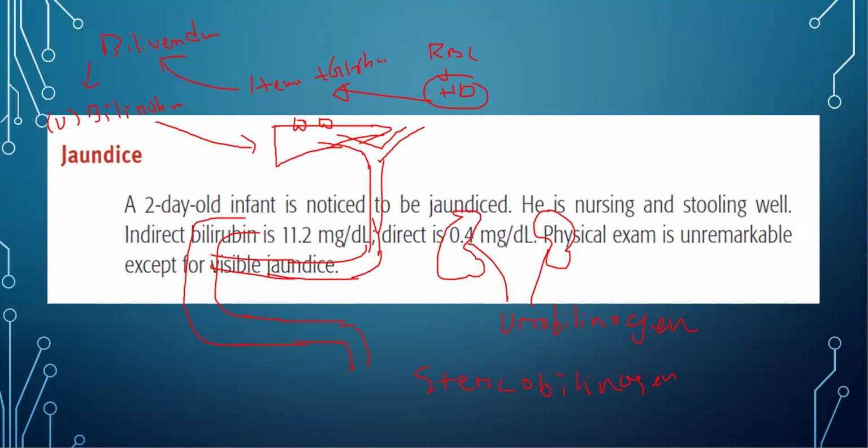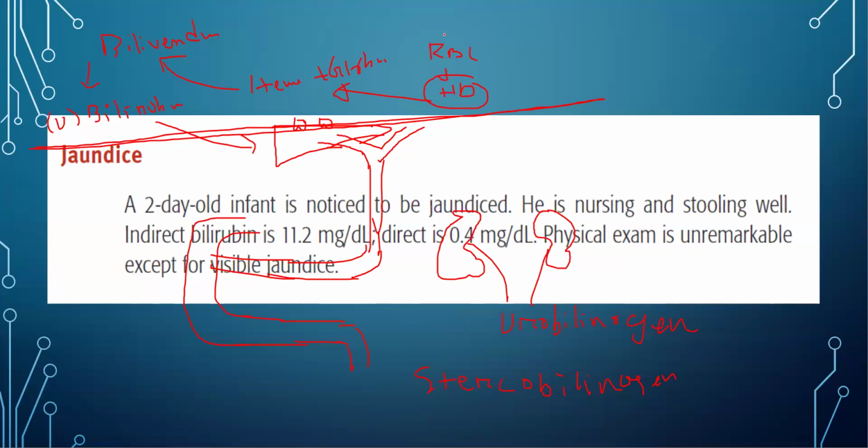Now, the reason why I wanted to discuss this is that for you to understand the cause of it, you can't just memorize all of this. If someone has a problem over here, like their RBC is getting broken, usually every 3 months the RBC is supposed to get destroyed and new RBC should form. But if the RBC is getting broken much earlier, let's say even within a month,